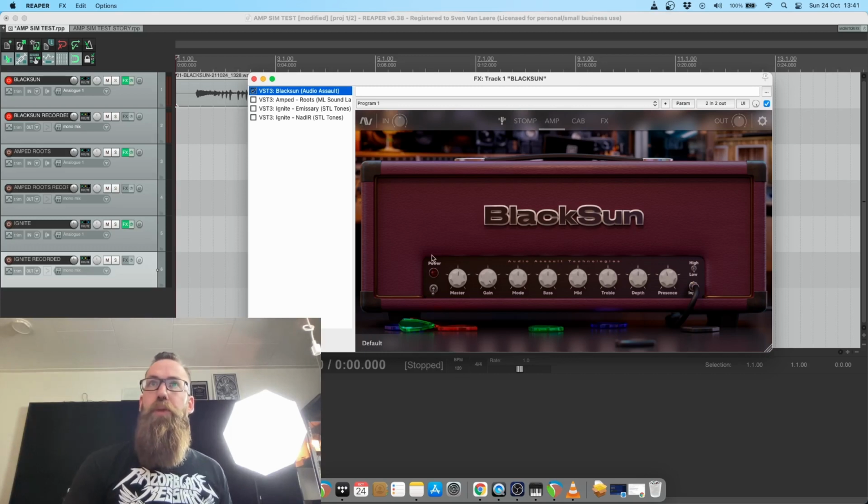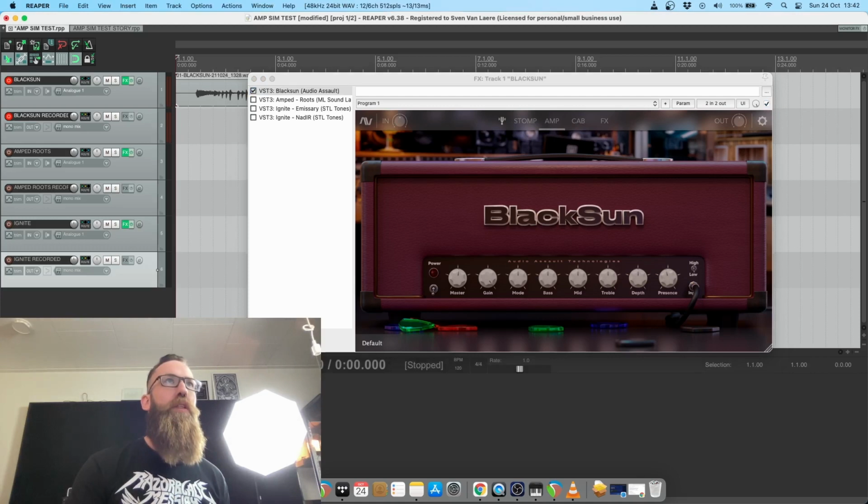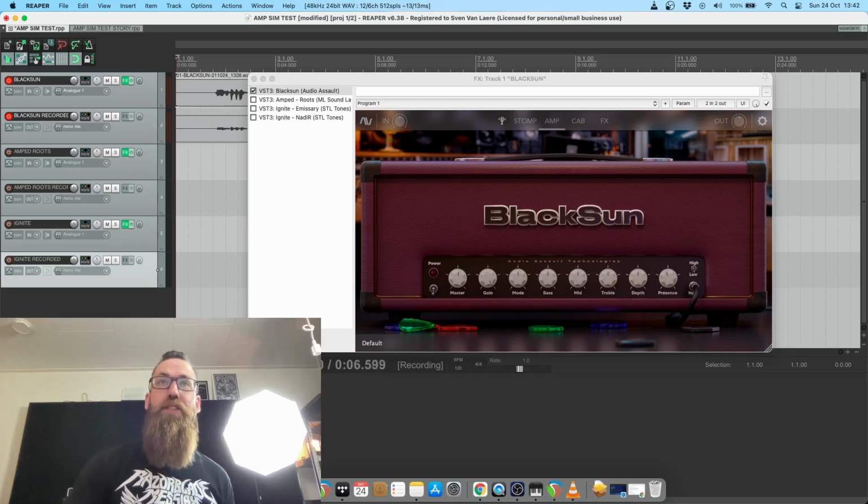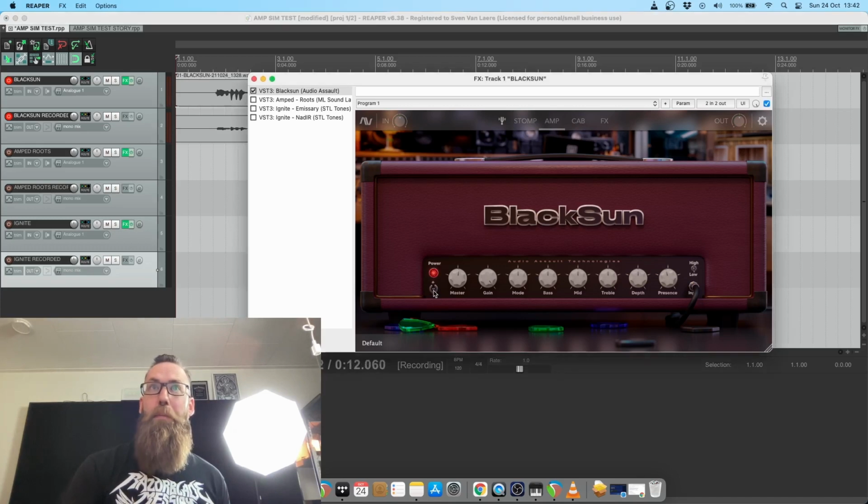So let's run through the plugin first. The fun thing, as you can hear now, is just arm record. This is my dry guitar sound, because the amp is not switched on. I will run through the features together with you. So if I now power it on,